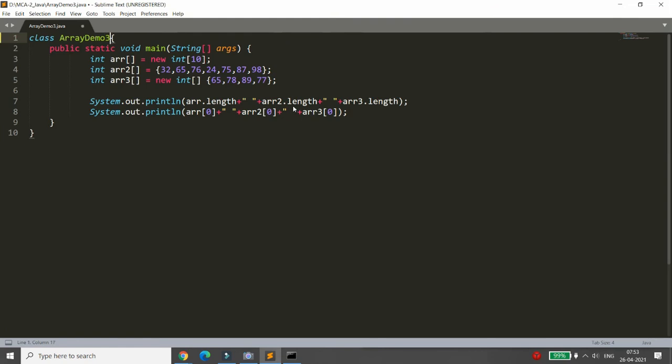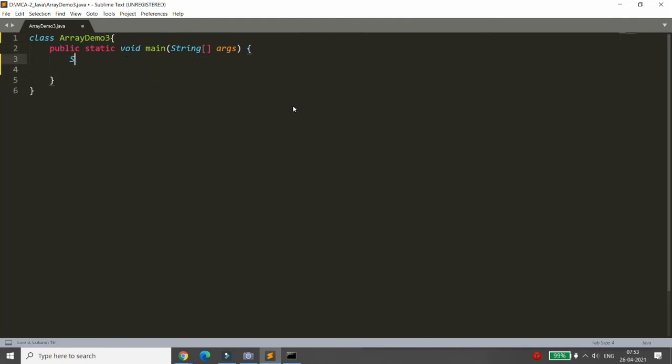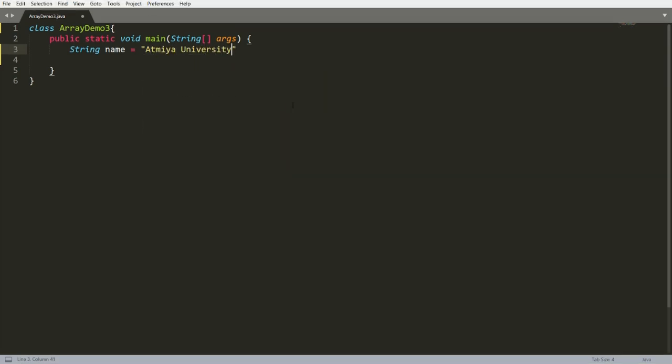Now I want to give you a different example. For example, I have a string: String name is equal to Atmiya University.